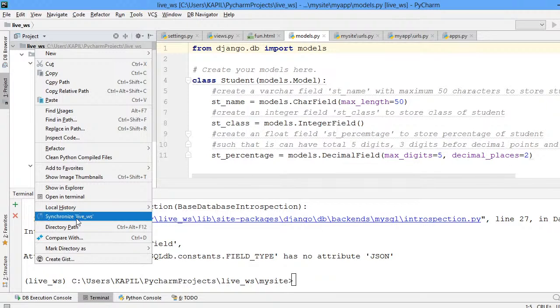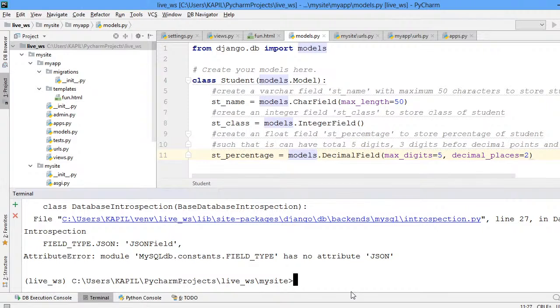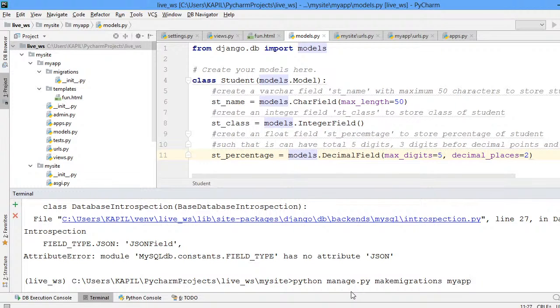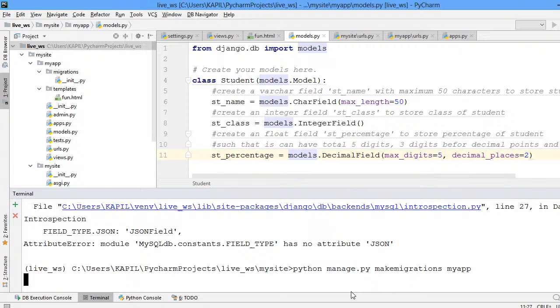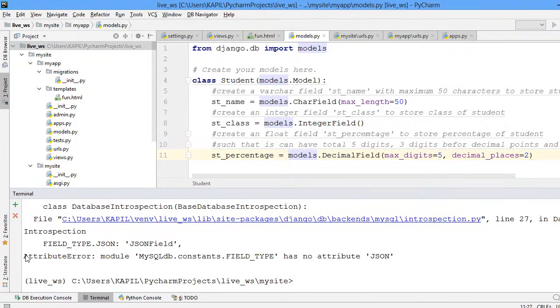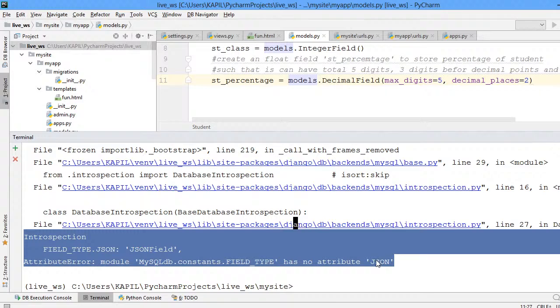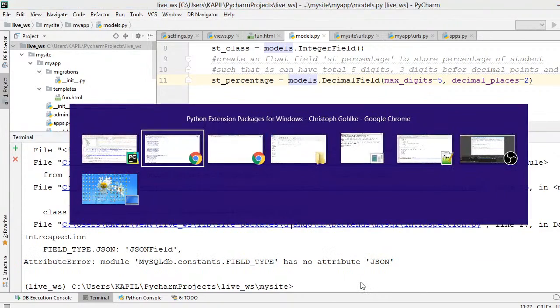One more thing. Synchronization is done. Then again running this command, python manage.py makemigrations, name of the application myapp. But again it is having error. Let me check, everybody. I think there is a small error, maybe related to a versioning issue. It says in the introspection, field type JSON field, that it does not have any attribute. Once I'm copying this